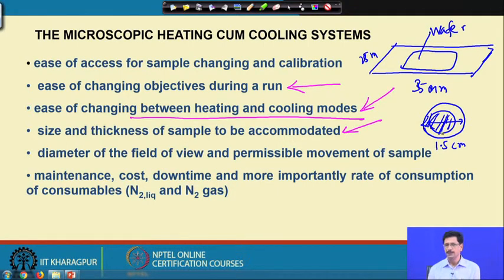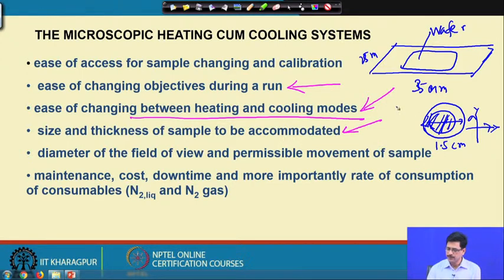Suppose this is the sample which is put inside the sample holder, it has to be smaller again in its dimension. That means the wafer which was prepared of a particular dimension has to be broken into smaller pieces or chips and loaded onto the sample holder of the device. Once it is loaded, the device should also allow a sufficient amount of movement in the x and the y direction, so that as much area of this particular wafer as possible should be visible to us.